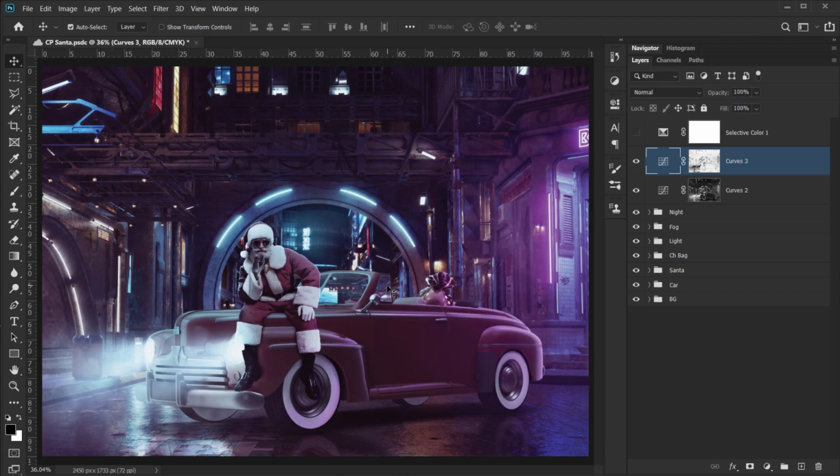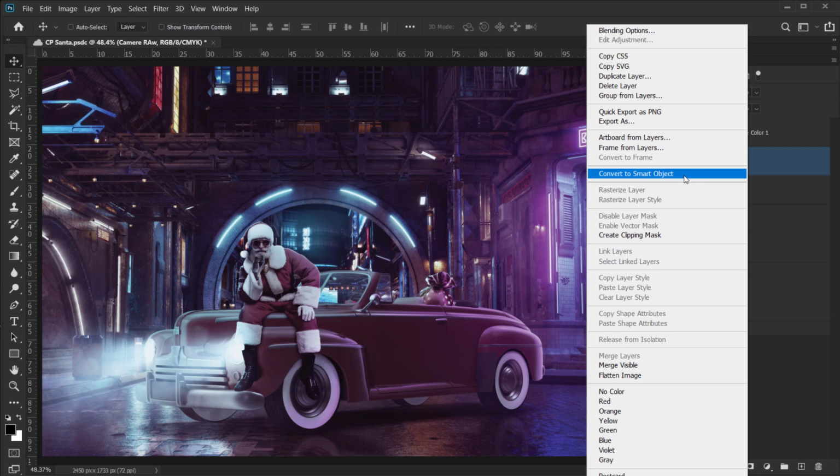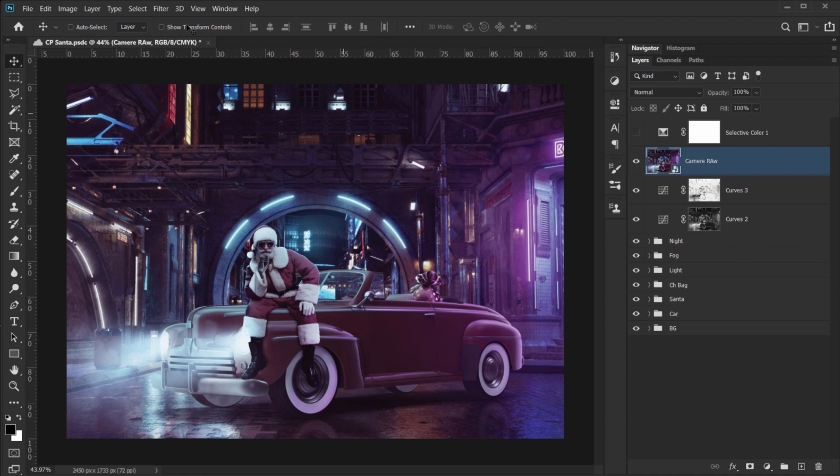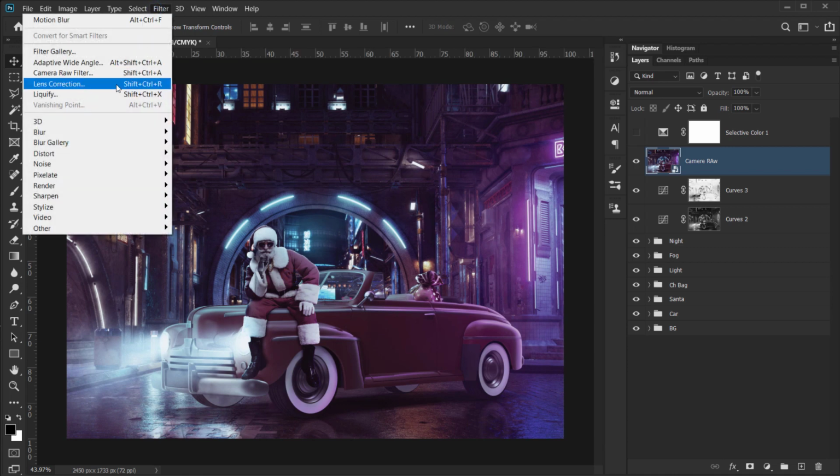Alright, now I'm gonna make a stamp visible layer. So I'm gonna create a new layer, and I will call this camera raw. And then I'm gonna press Control Shift Alt E or Command Shift Option E all together, and this will create a stamp visible layer on top. And then I will right click and choose Convert to Smart Object. Alright, now I will go to Filter, Camera Raw Filter,